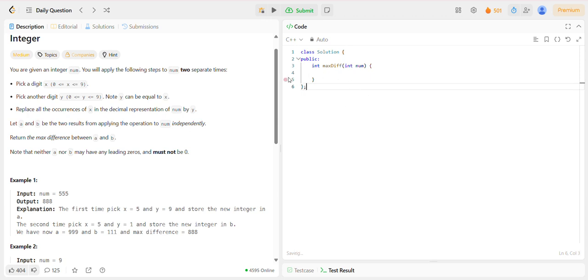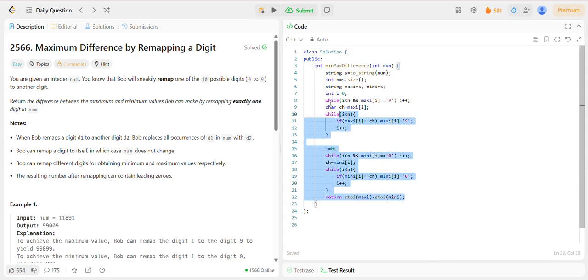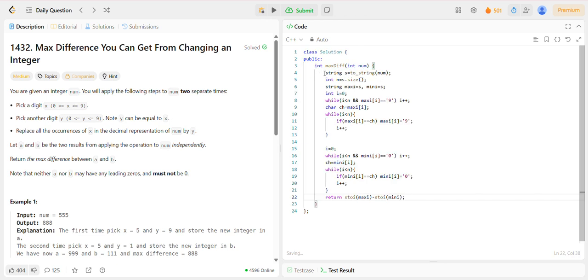So first we will start using yesterday's code, and from that we will build today's approach. I'll copy yesterday's approach completely. I'll also explain step by step what we have done yesterday, so that it will be easy. First we have captured it and converted it into a string. Then I have initialized two strings, maxi and mini, and I'll start from the first index,